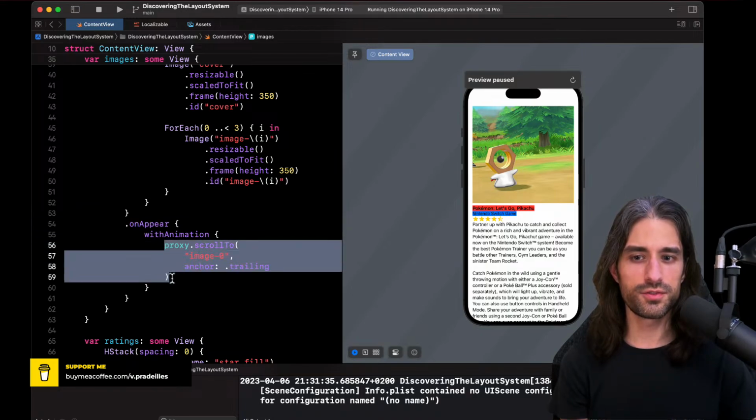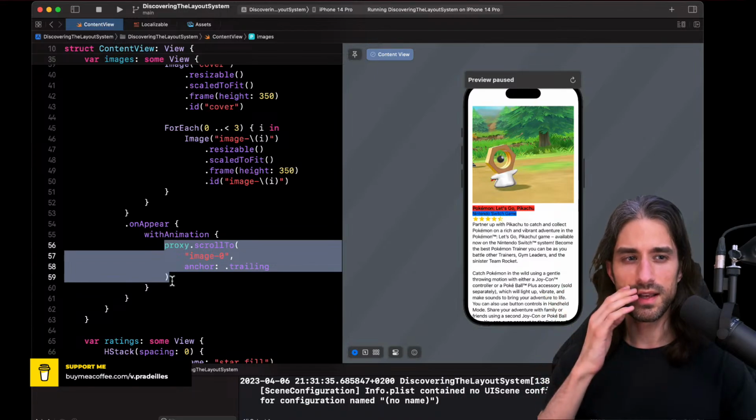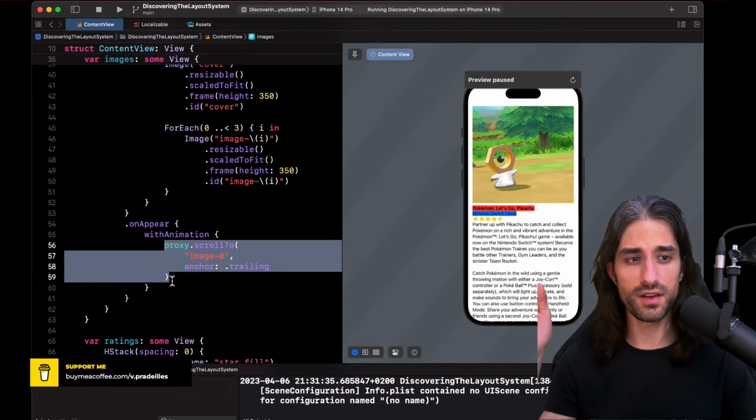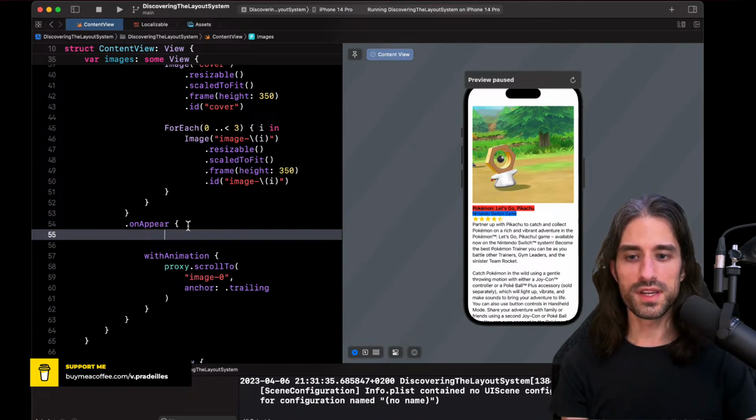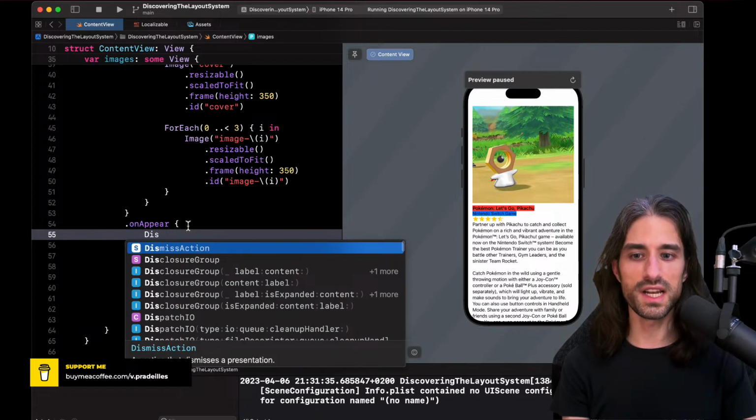Maybe it does the scroll before the view even drew for the first time, and so it's more like an initial position than a scroll. That might be why. Anyway, we can fix this by adding a small delay.